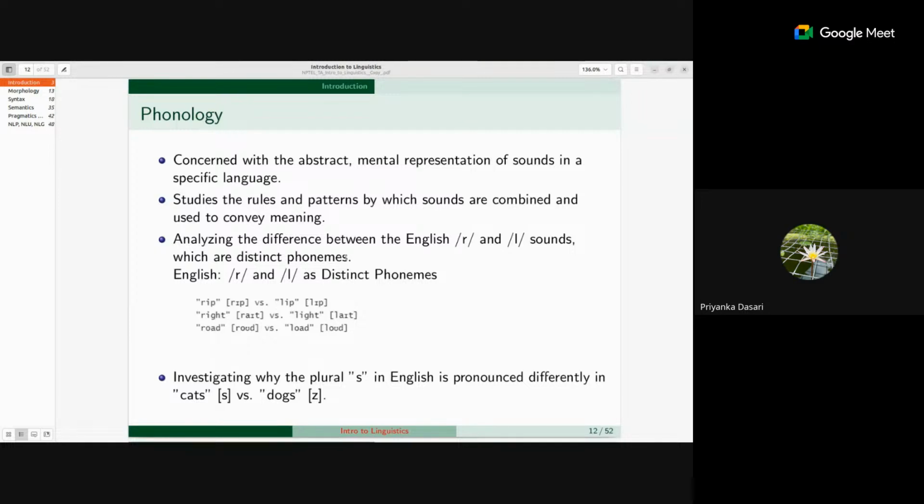When you say cats, the plural sound s is ending. Observe the sound when you pronounce cats and when you pronounce dogs. There is a variation in the sound of the plural. So these are considered allophones. They are the plural markers, but there is a variation in how we pronounce them. So these are the allophones.